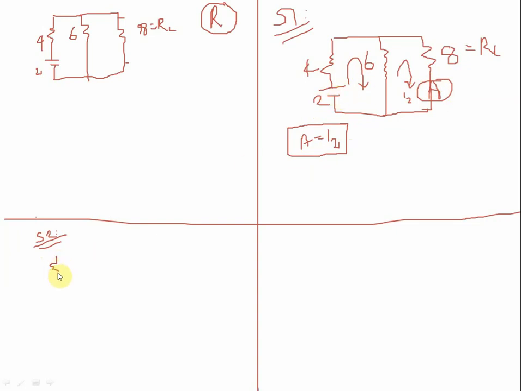Draw the circuit. Here the ammeter is present, then a resistance, and here one resistance and a voltage source. Substitute the resistance values 4, 6, 8. The ammeter and source are interchanged: the ammeter comes here, the 2 comes here. Where is the ammeter? Here, independently.